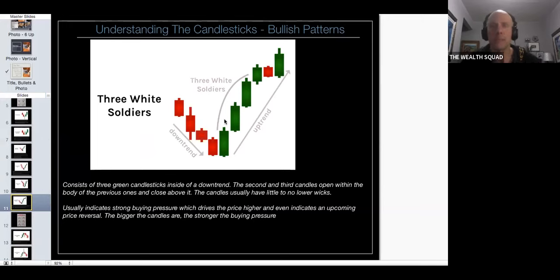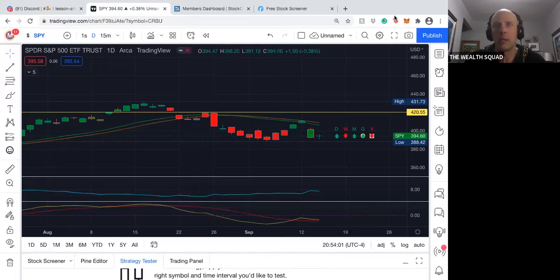Any questions about the bullish candles themselves? Can you show an example of these patterns on a chart? Well, it's these here, essentially, but I want to take you over to